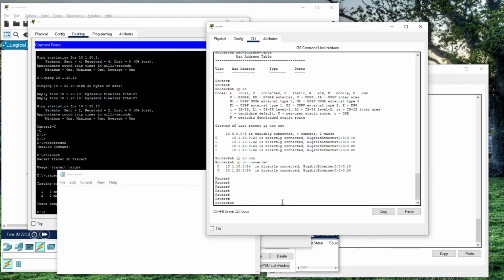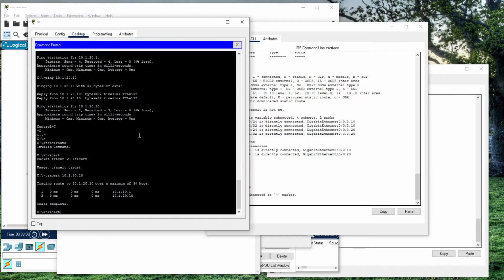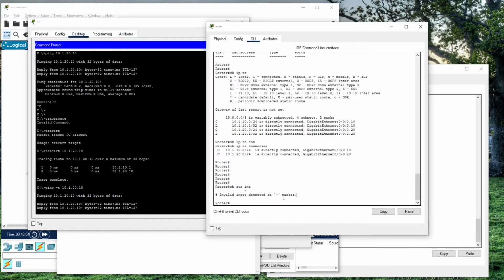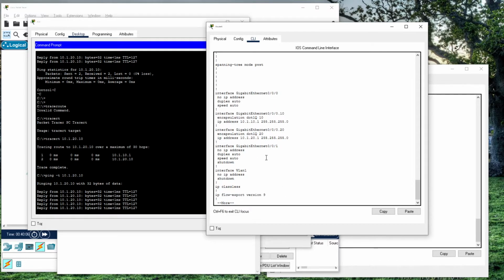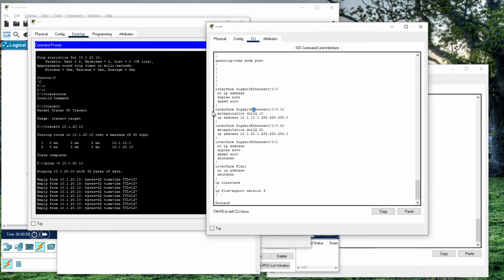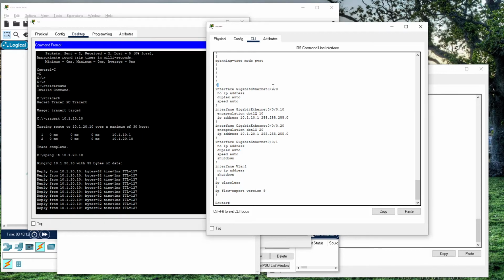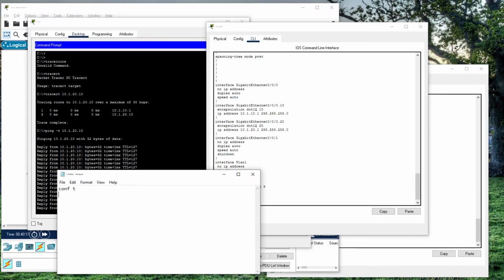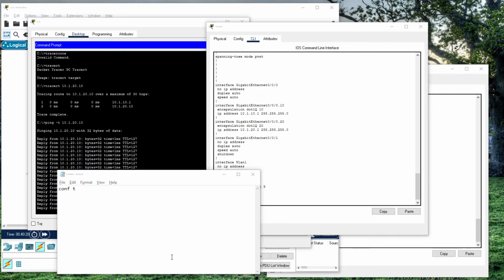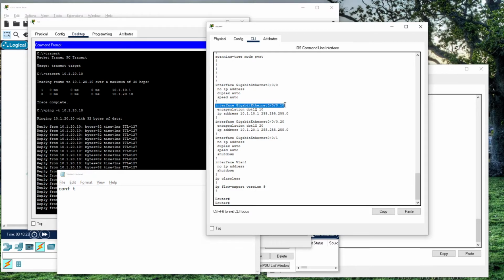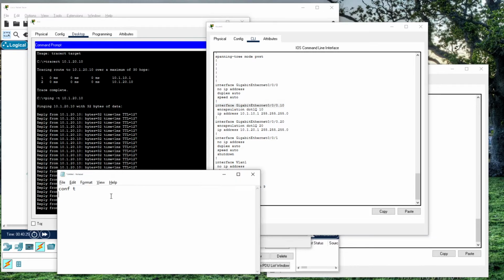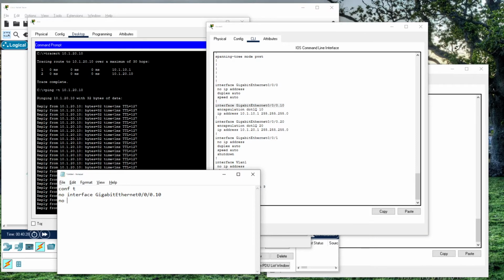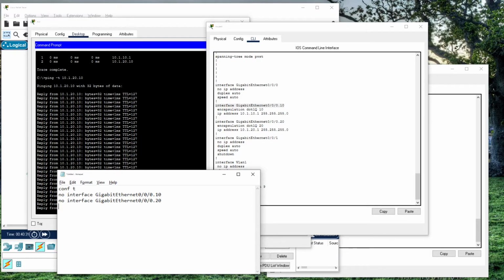Okay, so let's do something real quick here. Let's convert this. Let's keep this ping going end to end from PC 0 to PC 1. And let's remove some of this stuff real quick. Oops. I thought I copied that. So we'll say no to that. We'll say no to that. And then